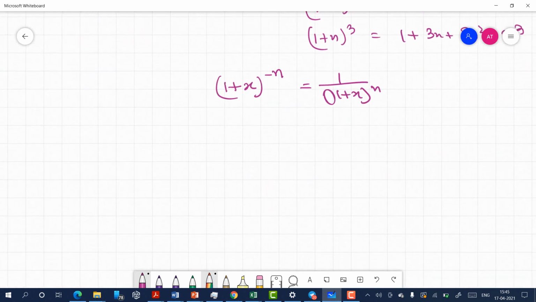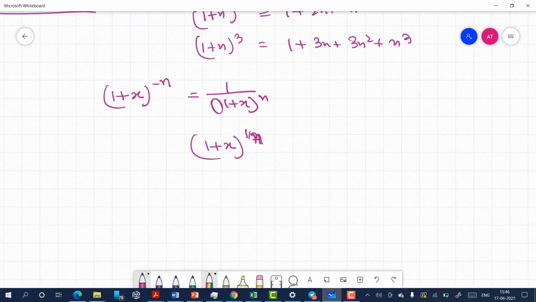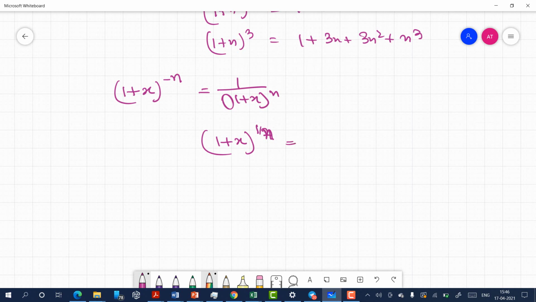And then he applied it for fractions also. So 1 plus x to the power 1 by 2, well, 1 by n in the general terms, and it will follow the same rule. But the thing is, if you go to fractions and if you go to negative powers, then the series becomes infinite. Because n is negative, you never hit n minus 1 n equal to 0, so it will never become 0. So you don't go to finite,